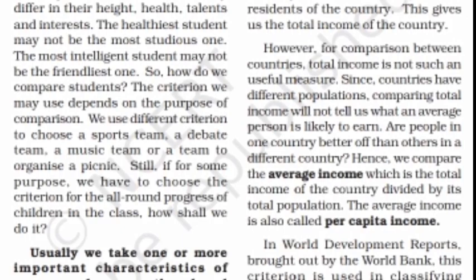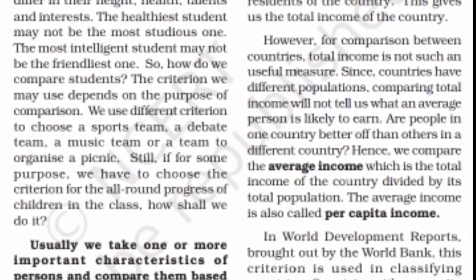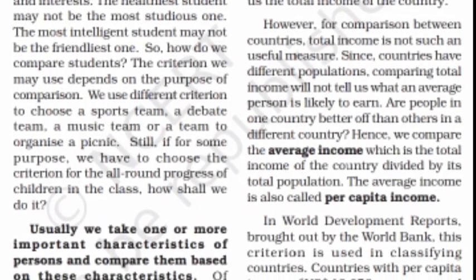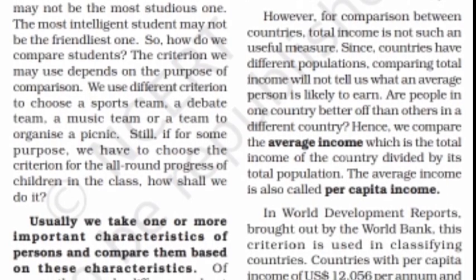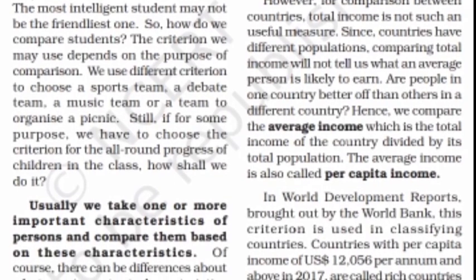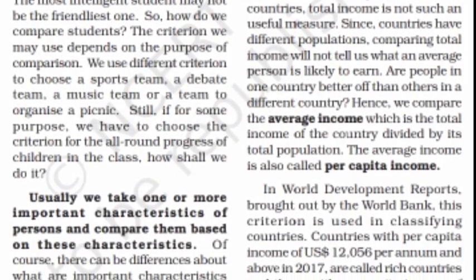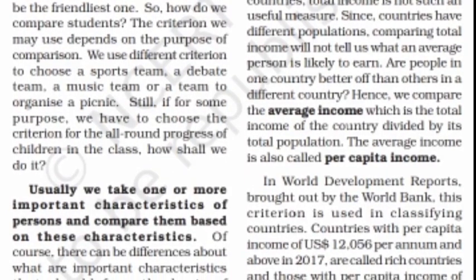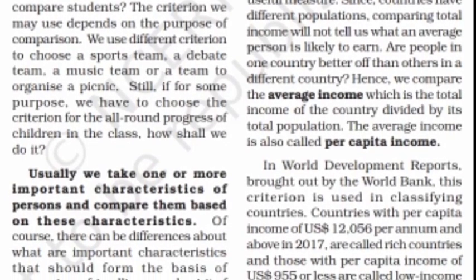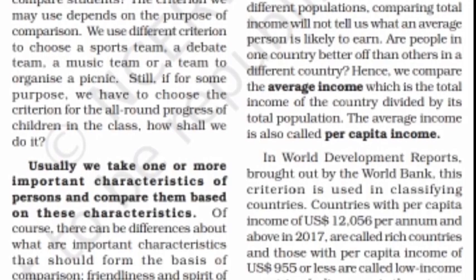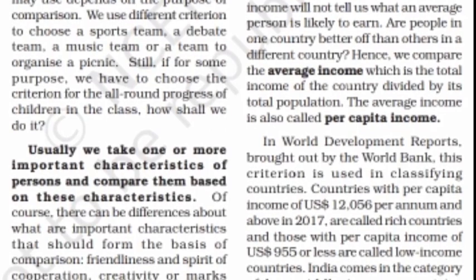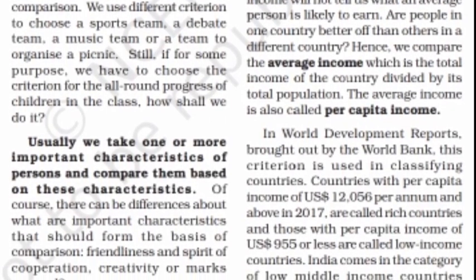Just for example, India has a per capita income of 7200 US dollars. This is the data of 2017, and the US per capita income is about 1 lakh USD per year. So here you can compare that the income criteria is very much different between the US and India. That's how we can say that the US is a very developed country, but India is an underdeveloped country.